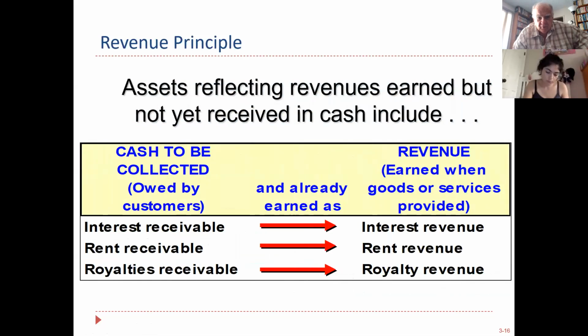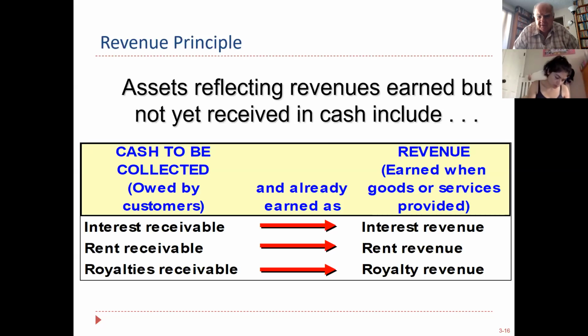Assets reflecting revenues earned. Here we go. We're getting into something called unearned revenue. Sometimes customers pay in advance. And nothing has happened. Me, I'm the big sports fan, and the example I always use is you work for the Los Angeles Dodgers. In February, I send you $12,000 for tickets to the upcoming baseball season. Cash has changed hands, right? But you haven't played any baseball. That is called an unearned revenue.